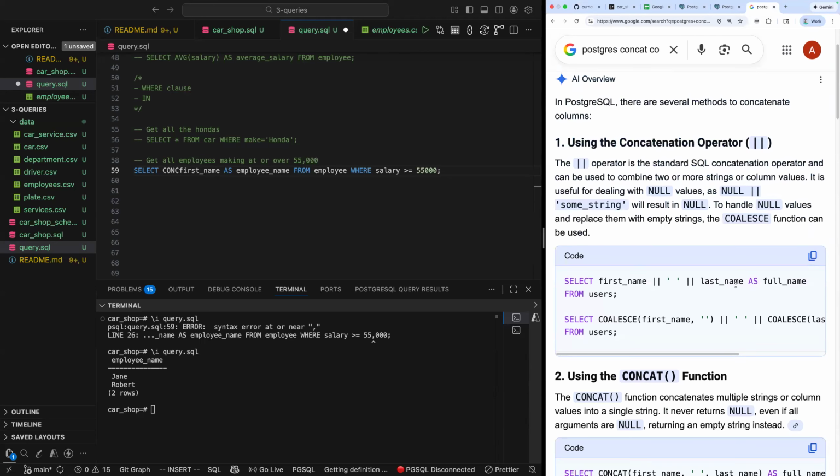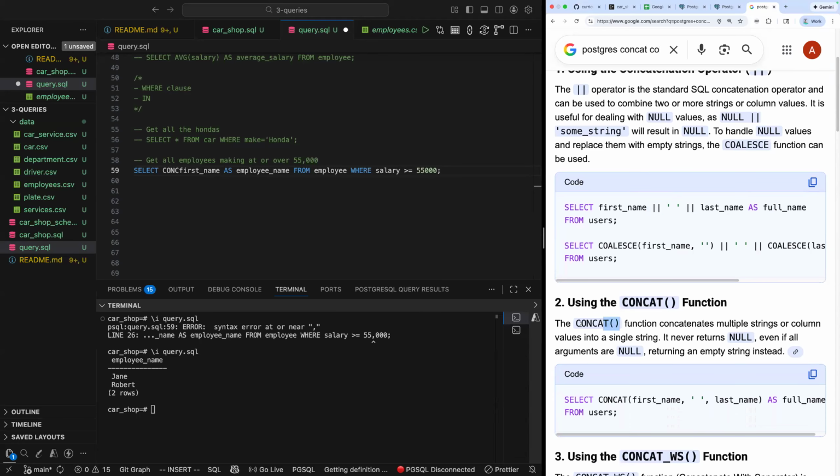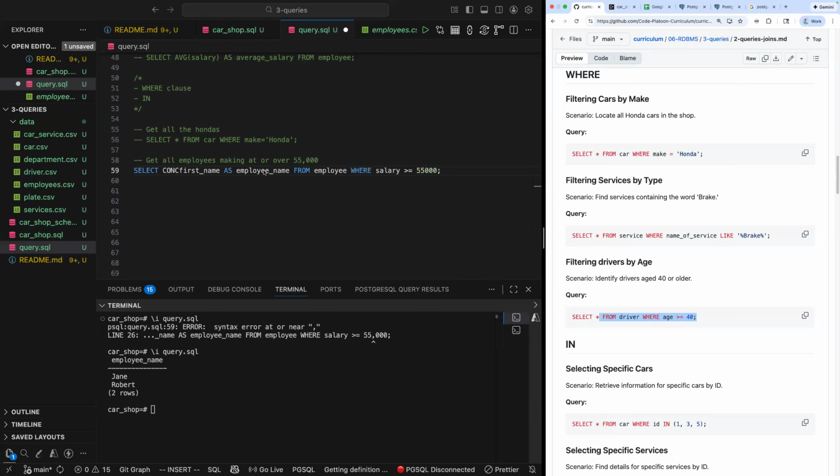And this is really what I want to do here. And it looks like the concatenation operator is the two vertical pipes. There is indeed a concat function, as I suspected, because this is such a useful thing. So if I want to see my employee and I want their full name,